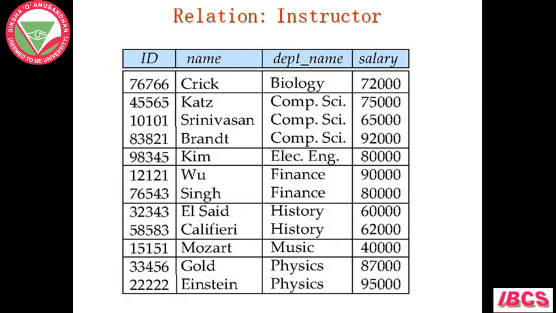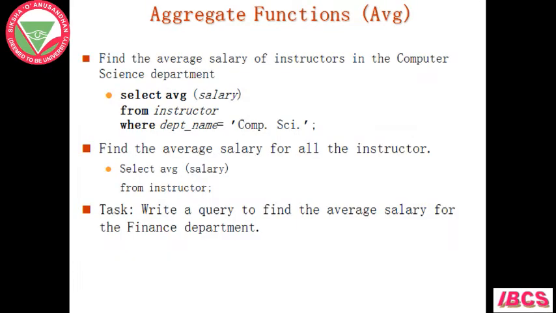So we are taking an example of a relation instructor in which there are 4 attributes or 4 columns: ID, name, department name and salary. The reason I have taken salary is that we have to use an aggregate function on this particular relation. Let us say we want to find the average salary of the instructors in the computer science department. So the query will be select AVG within brackets salary from instructor where department name is equal to computer